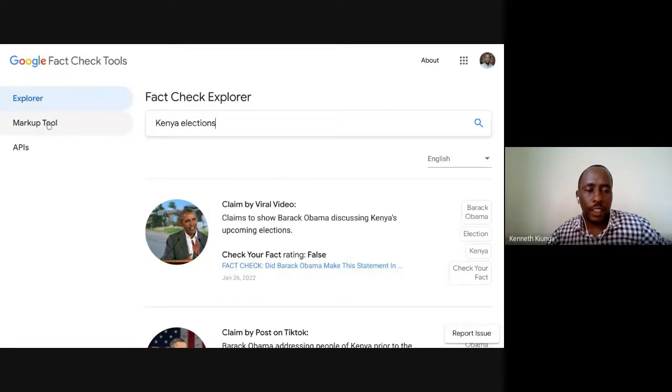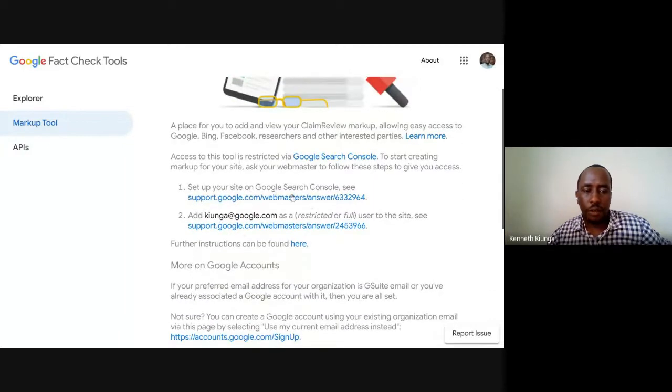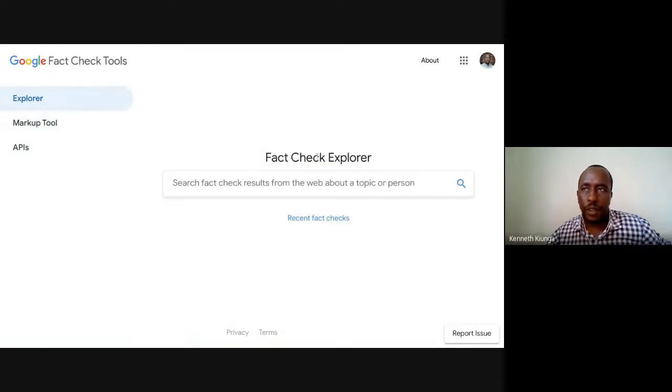And there's a way that we work with media houses. So there's this markup tool. There's a process that they can follow so that they're included in this Fact Check Explorer. Yeah, so please go ahead and see what is available. And this is available globally. So we are trying to work with as many fact checkers as possible, so that as soon as something is starting to spread, someone has fact checked it,